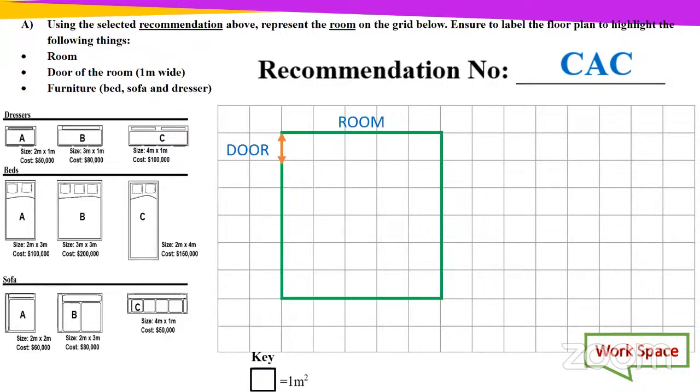The dresser. All right, so I'm going to go for my dresser and you're going to tell me where to put my dresser. So first of all, there's my dresser, and we're using dresser what again? Dresser C. Do I have the correct representation of dresser C, 4 by 1? Yes, miss. All right. So tell me then, where will I place dresser C in the room?